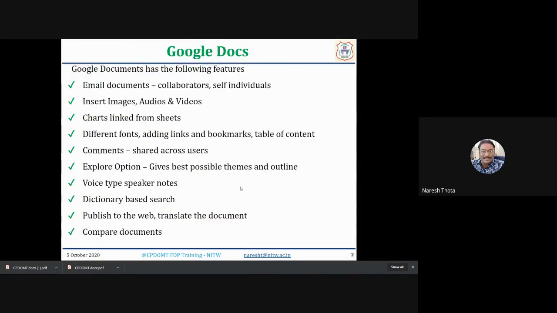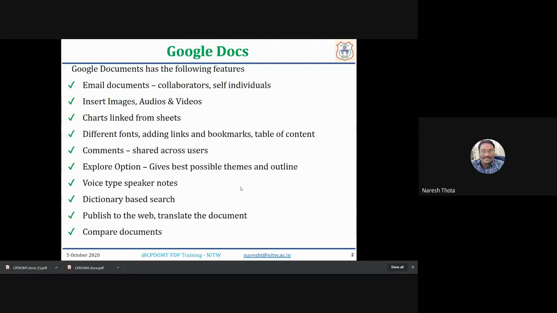These are all the essential features that I'm going to give a hands-on for also. I'll just explain verbally in each slide, and then we'll go to one of the Google Docs that I created, and we will try to format and do some kind of activities. You can do it in parallel, or maybe at the day's end. You can create a simple document and format whatever you need.